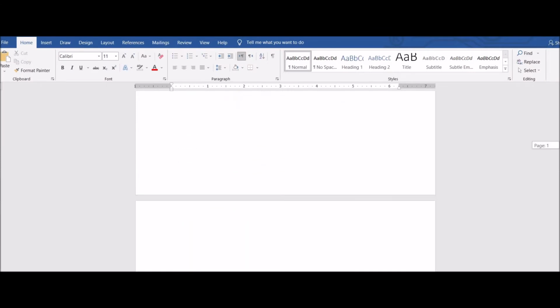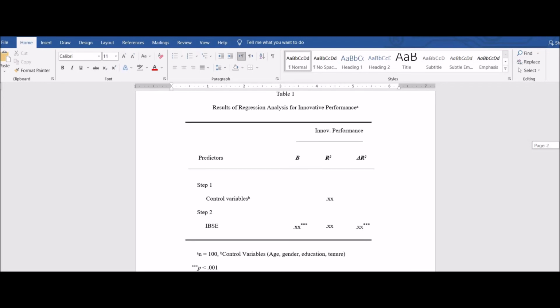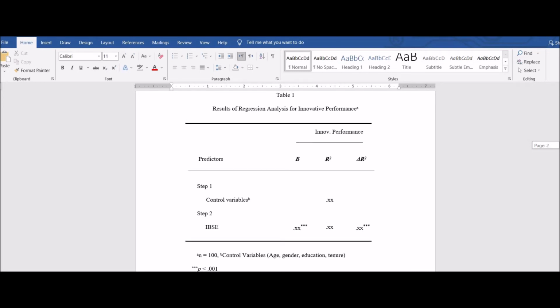So you need to make a table like this. You can see this is table 1, results of regression analysis for innovative performance. This is A, which is the sample size. Here in this case, the sample size is 100 responses.